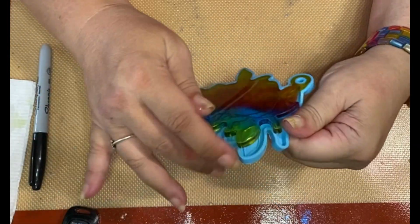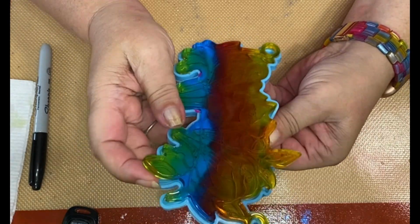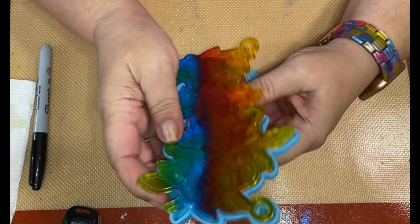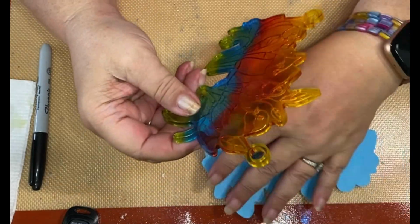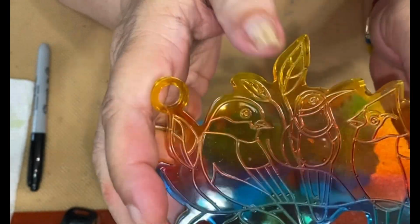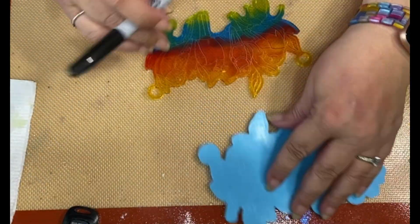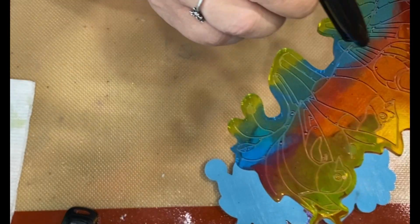And I really like that mold. It's not too thin and it's not too thick. I wish all my molds were like that. But yeah, I don't know what I was thinking. I'm so sorry that y'all didn't get to see the whole thing, but